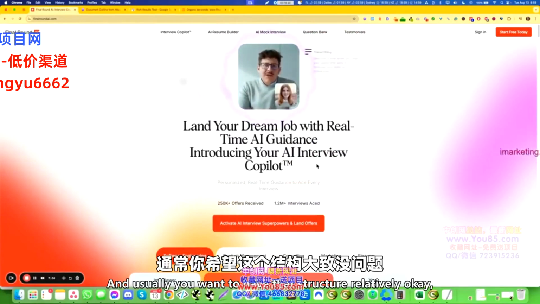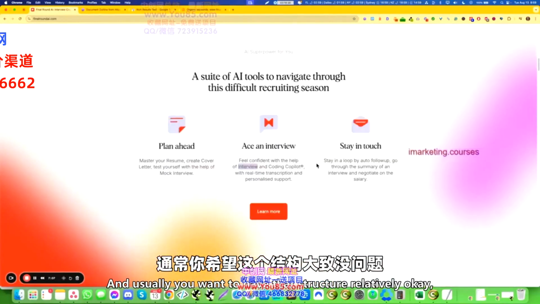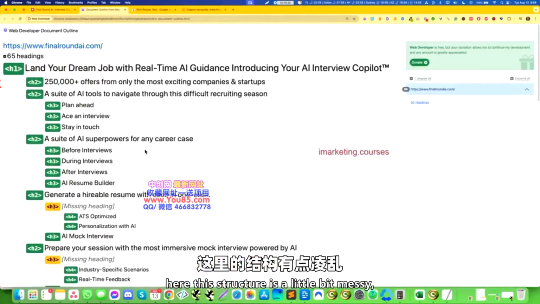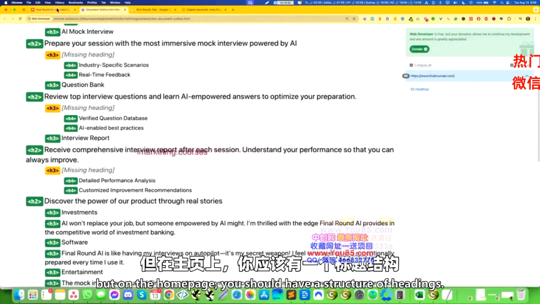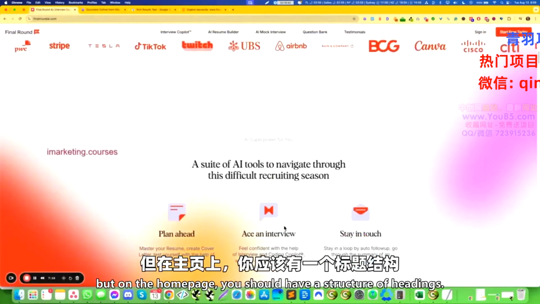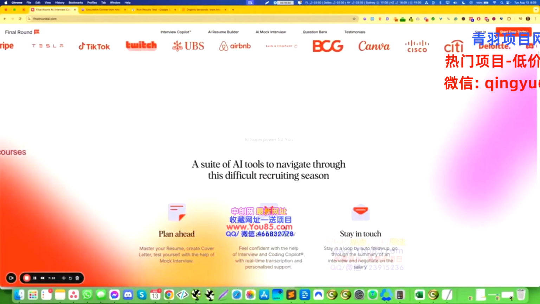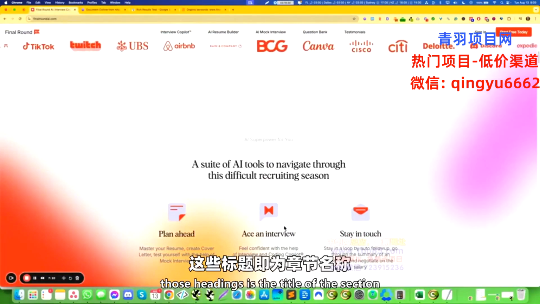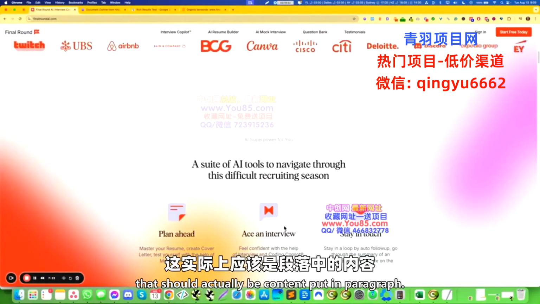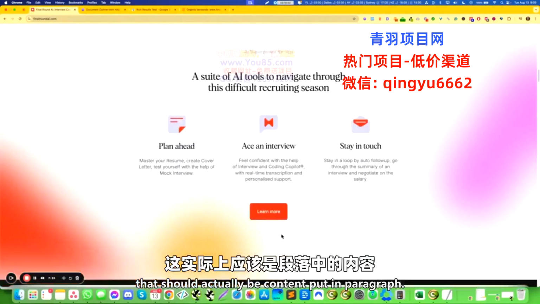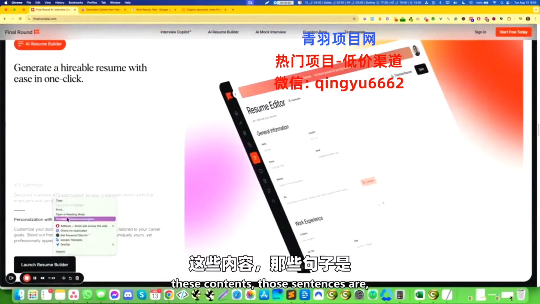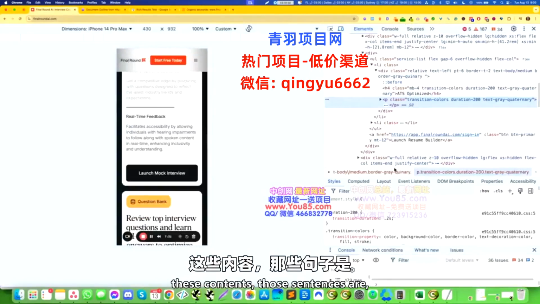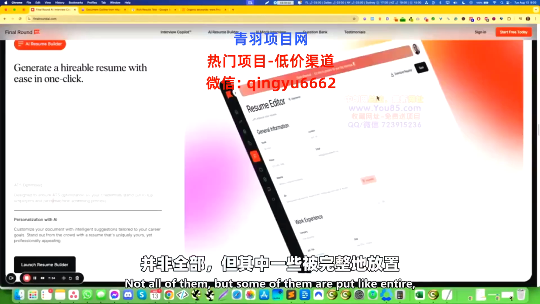And usually you want to have that structure relatively okay. Here, this structure is a little bit messy, but I wouldn't say this is a super important thing. But on the homepage, you should have the structure of headings, and between those headings, because a heading is the title of the section, there should actually be content put in paragraphs. And from what I see here, some of those sentences are